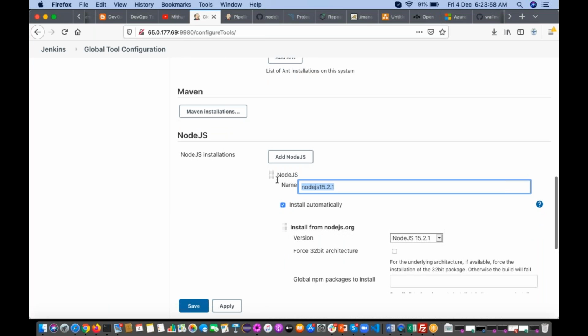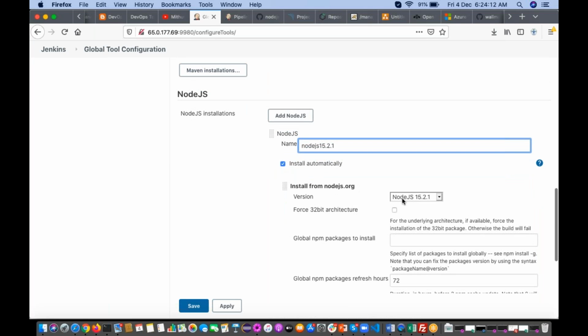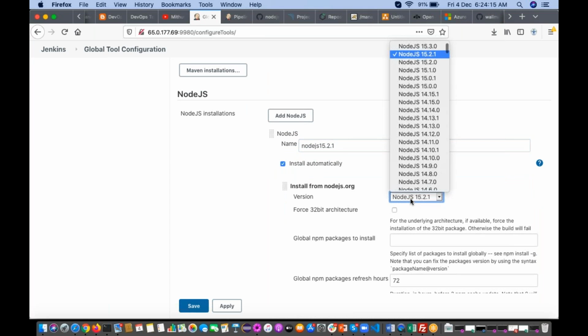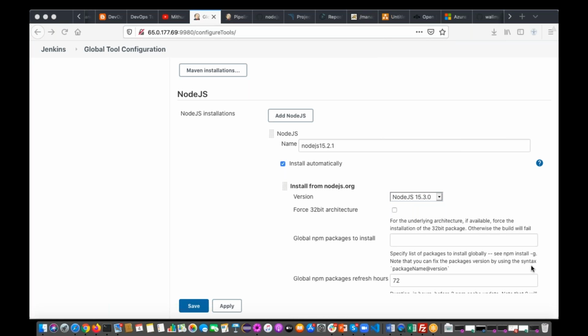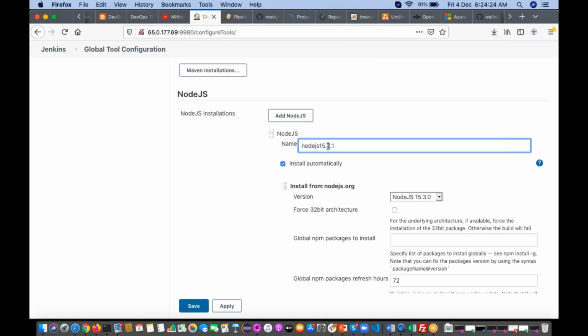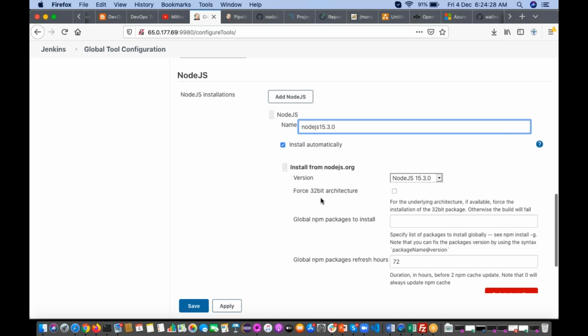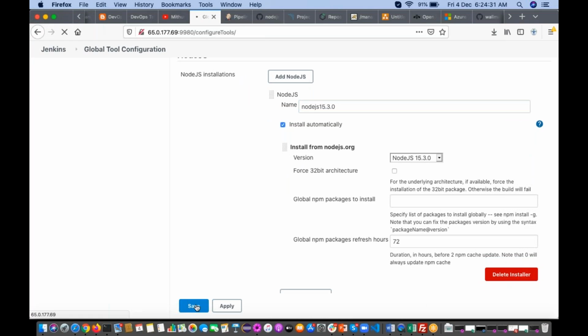Give the name, Node.js 15.2.1. Here we are selecting 15. We have other versions also. If you want, you can select the latest version, 15.3.0. Install automatically. Click on save.